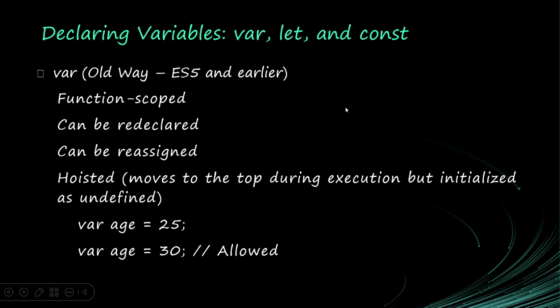Now, declaring a variable, you can use the var keyword, the let keyword or the const keyword. I'm going to explain them one after the other. The var keyword was the old way of declaring variables. All right, it is function scoped. So what do we mean by function scoped? When you have a variable inside of a function, all right,